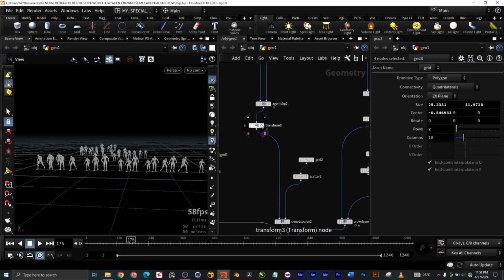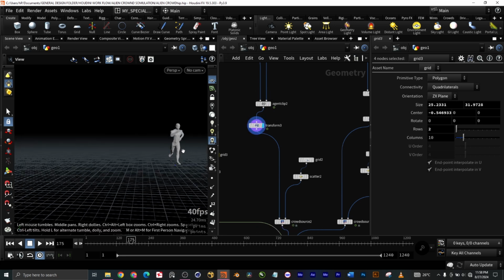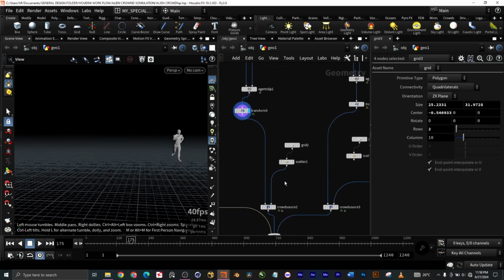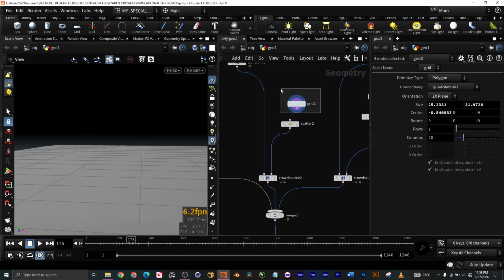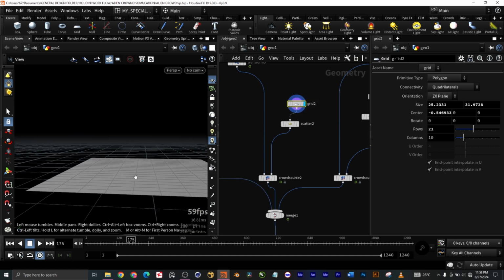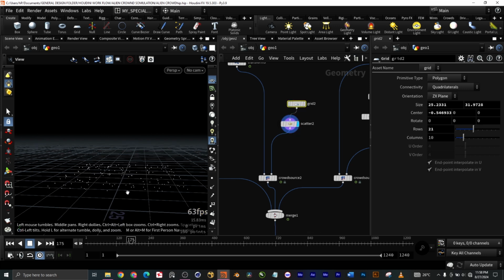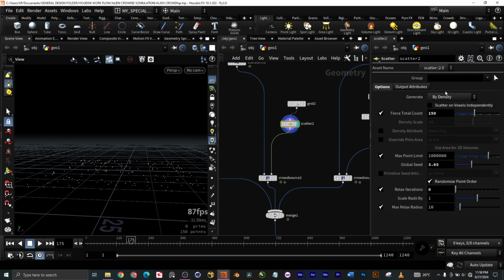Okay, so talking about this character here, what I did is I use a grid. I placed the grid. Now I have to place a scatter on this grid. Now if we look at the attributes here,